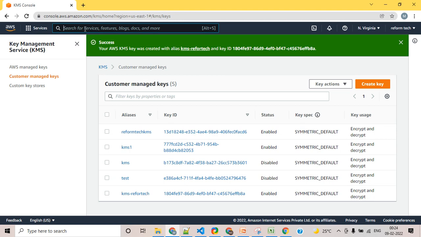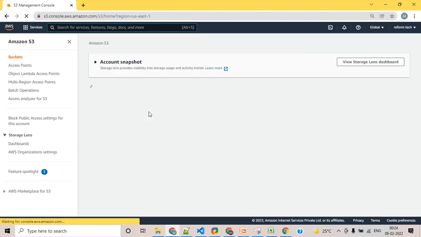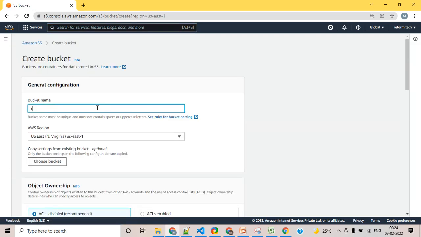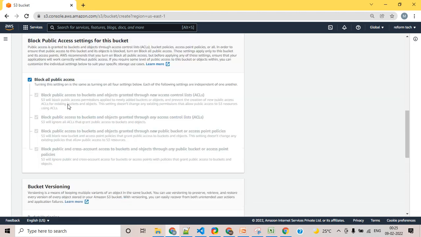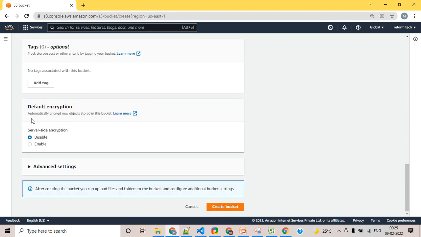Now I'll create an S3 bucket. I'll go to S3 and I'll say create bucket. I'll say reform tech S3. Alright, and I don't want to uncheck this. I want to block all public access. Alright, so I leave all other things, but here is the place where you have to go and encrypt it. But for now I'm not going to encrypt it. I just want to show you first how this works, and then I'll encrypt it. So I'm just leaving it as disabled. I'll say create bucket,